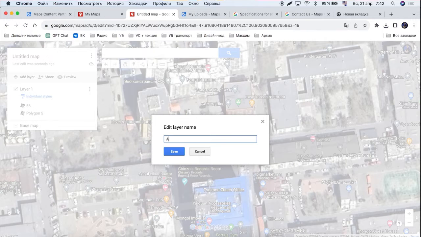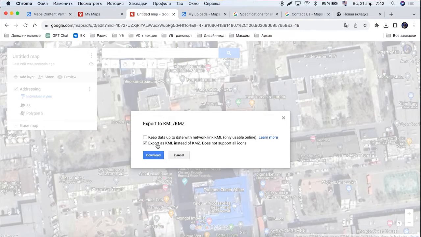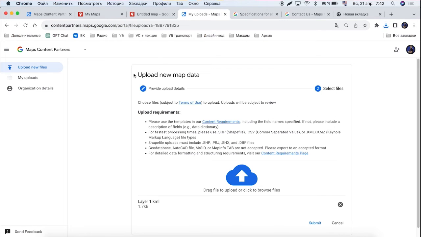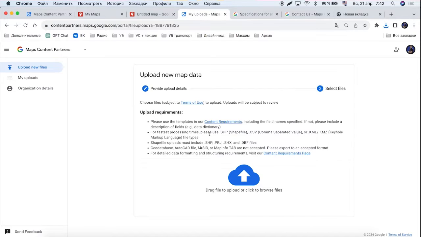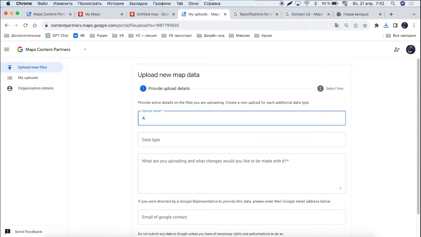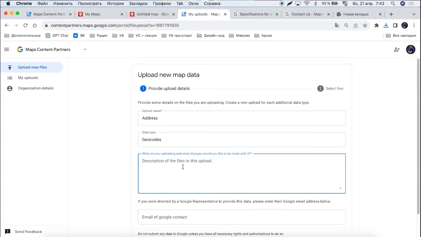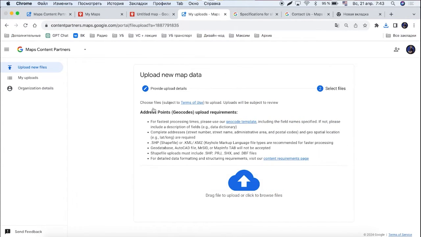For example, addressing. We name this layer so that we understand it. After that, we export it in KML KMZ. Click here, download, and after that, we go to the panel. Cancel this. New upload. For example, address. Data type, we need to choose geocodes. And in the description, we can write that you can check this info on the government website. After that there will be a link that a Google specialist can check to understand that it's a real address. After that, we go next, choose our